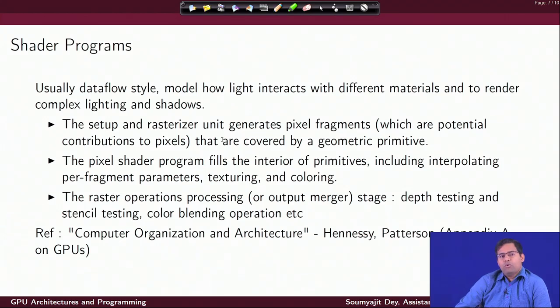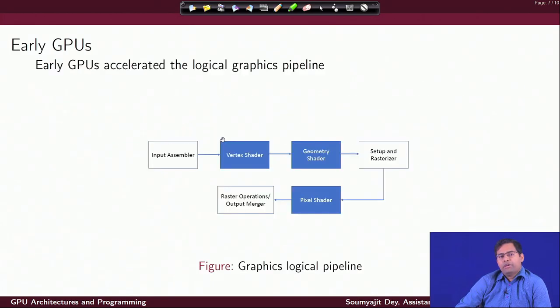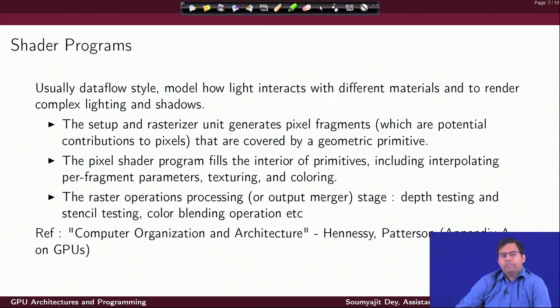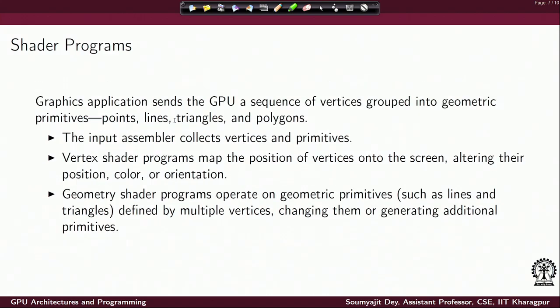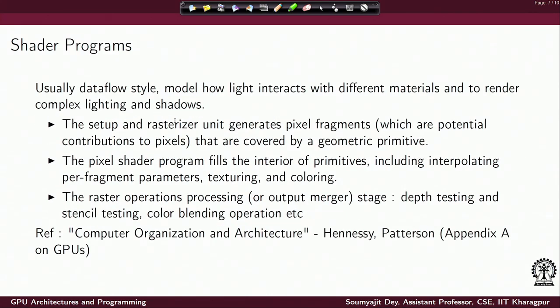So, how are these shader programs written? As we can see, there is this sequence of 3 shaders: vertex, geometry, and pixel shaders. Essentially, the shader programs are a data flow style of computation. That means multiple parallel threads can work on different data points and do computation in parallel. So, we stop here for this lecture, and from this shader program and this style of computation is where we will pick up in the next part. Thank you.